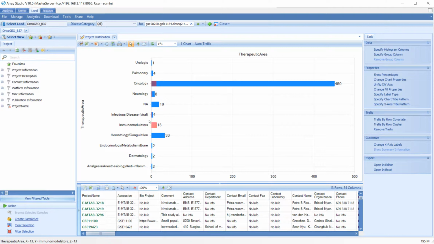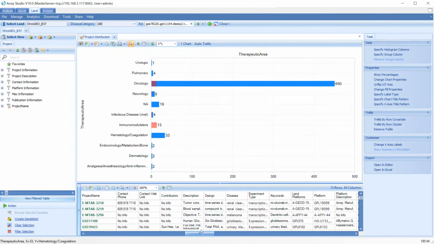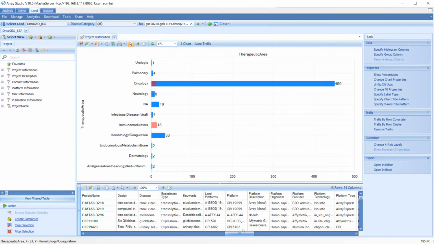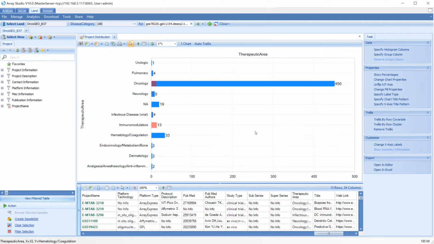In this example, we have selected immunomodulators. This therapeutic area is related to all immune therapy related projects. In the Details view, we can find all related information in the metadata, including the type of therapy provided and additional metadata. Note that projects can belong to more than one therapeutic area, and this is controlled by the therapeutic